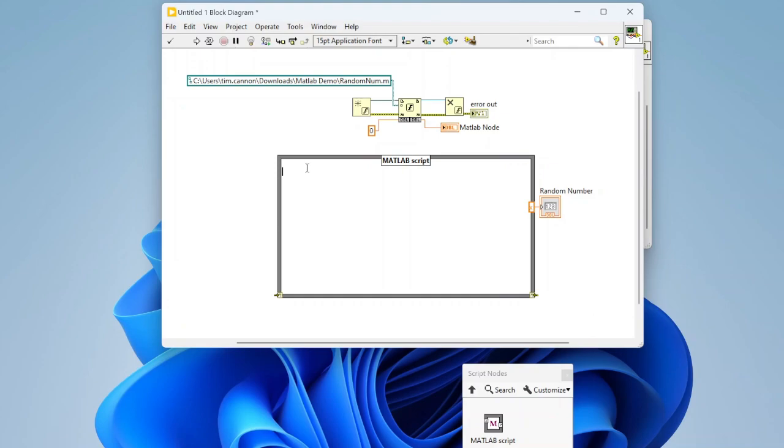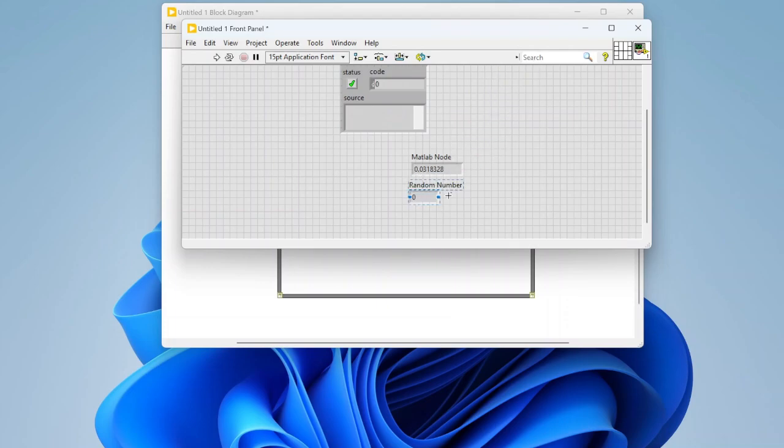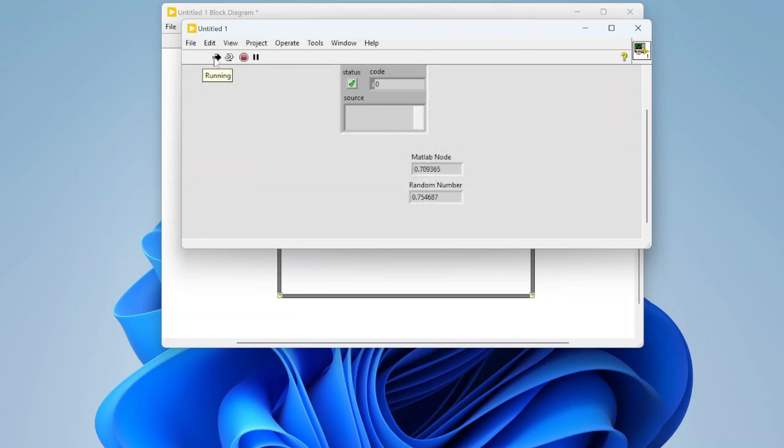So for this example, I'm just going to recreate what we have in that .m file just to show that we can get the same functionality out of this. So let us initialize a variable, and after that, let's set it to a random number. So now we have our two random number functions that'll both run when we run this code, and we get two different random numbers, both